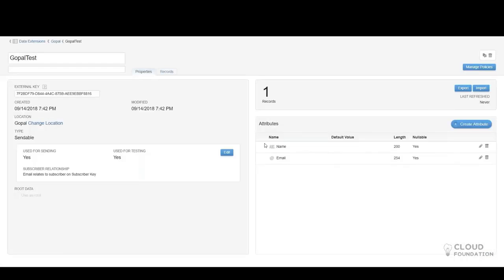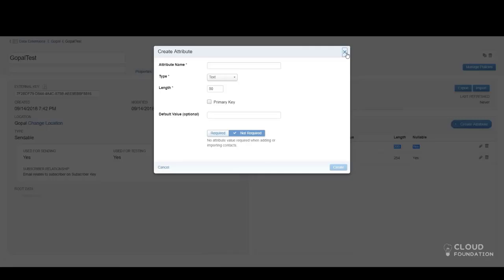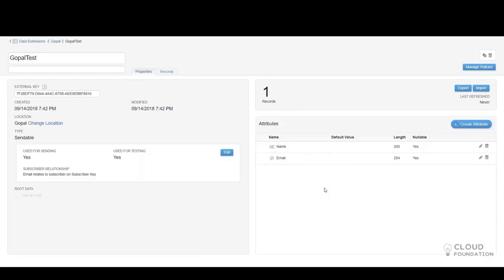You can see in objects we have attributes, standard and custom. So here also you can create attributes, like you can just click on create attribute and give it a name, data type, and length. So just think of it as an object in Salesforce. In this data extension, we were talking about contacts, like how we can load the data in Marketing Cloud.